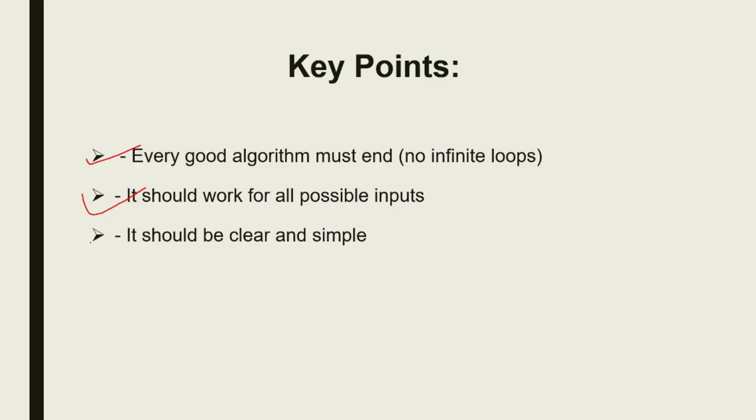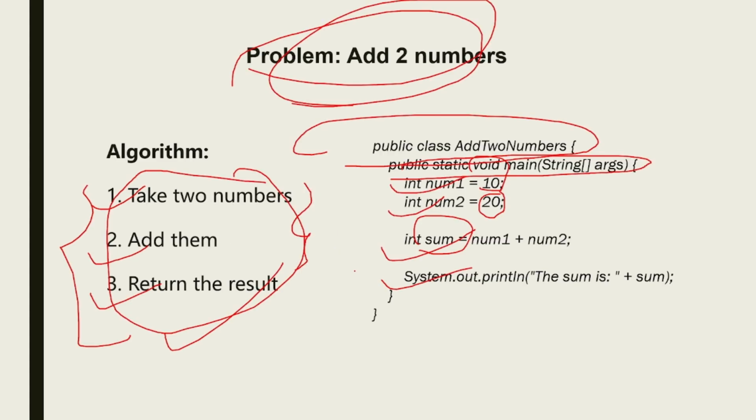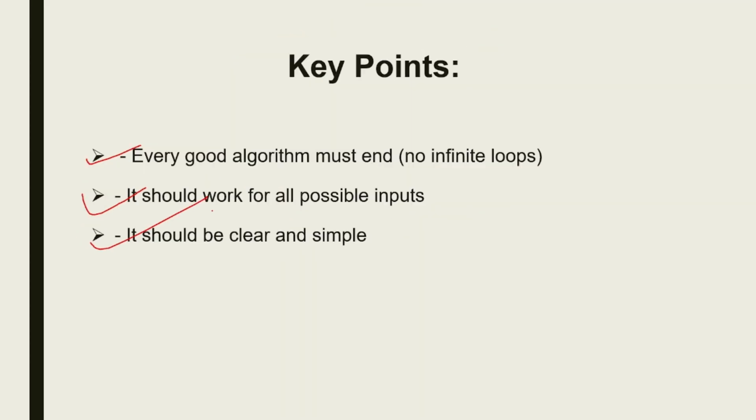And the last one is it should be clear and simple. The simpler the algorithm, the more easily we write code and do the work. So we should write an algorithm clear and simple so that everyone can understand it, and when we write code, it should be easy for us. These three are key points that should be remembered when